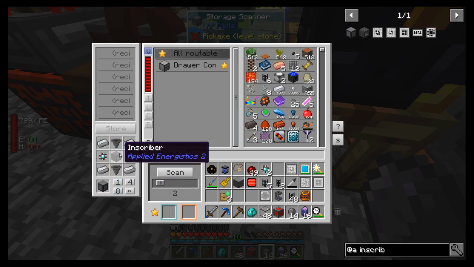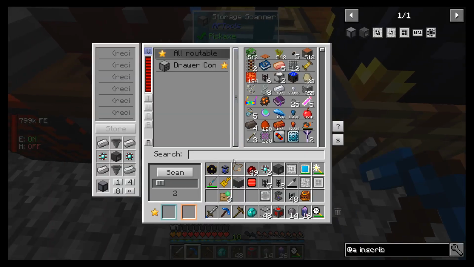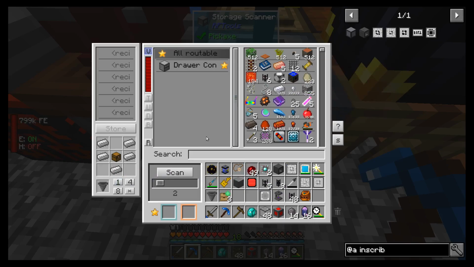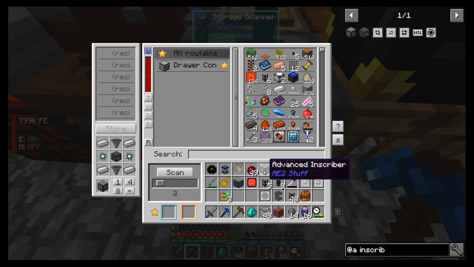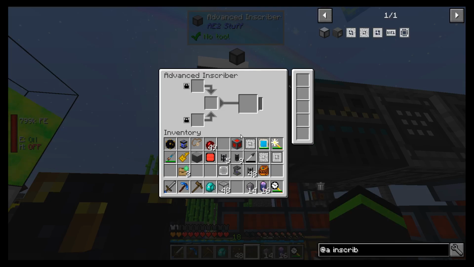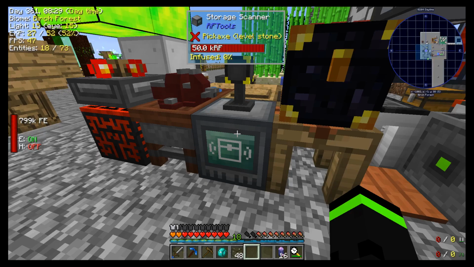So we need a hopper and to pick our inscriber up. So let's make some hoppers. And that should do it. So, advanced inscriber. Now, remember we can only put, let's put the silicon one back in there. We can only put the one in, puts the entire stack in, starts to work. It's also faster, I think. Let's check the...